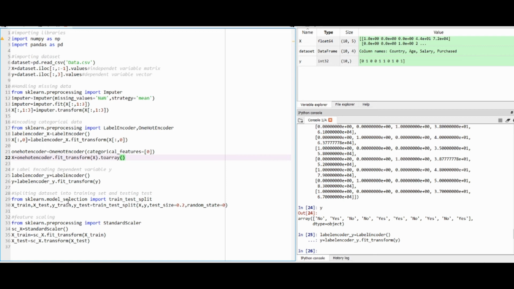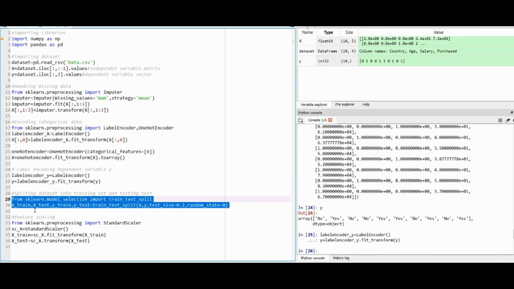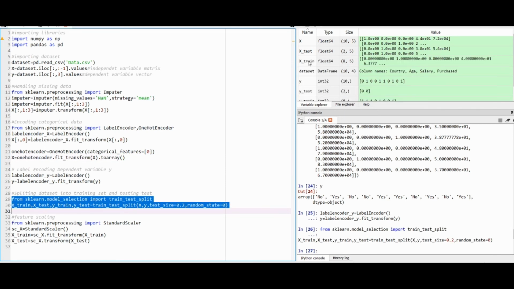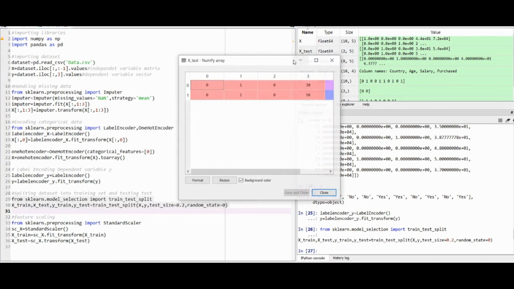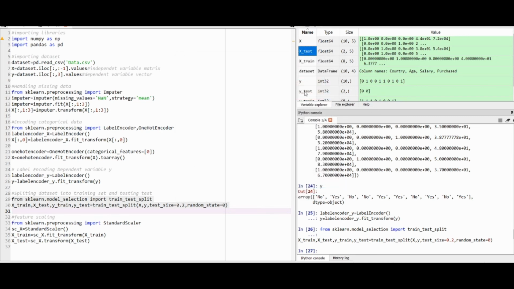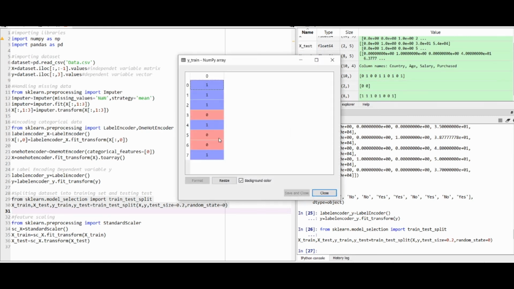And random state equals 0. Its value can be any integer value. It's similar to the seed value which we use in NumPy. It's used for random selection of samples in the train and test variables. So let me run this code and see what happens. Now as you can see, the variables are made. X train has 8 values, 80%, and X test 2 values, 20%. Similarly, Y train has 8 observations and Y test has 2 observations.